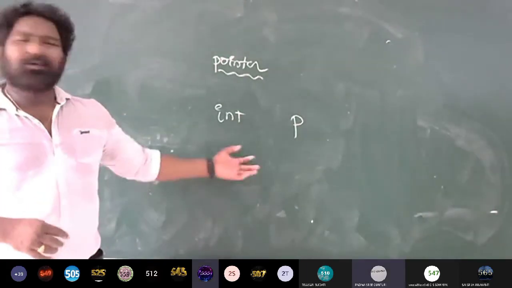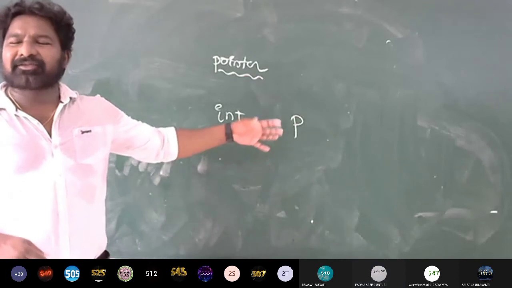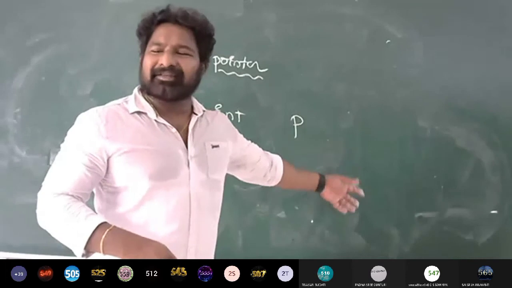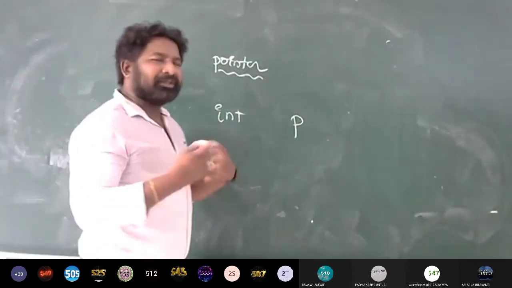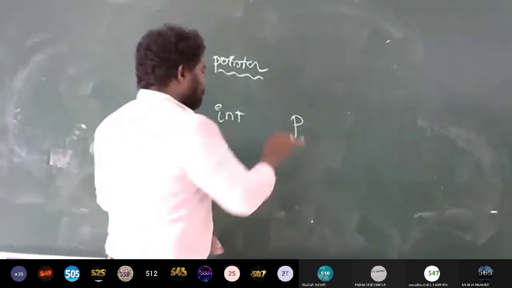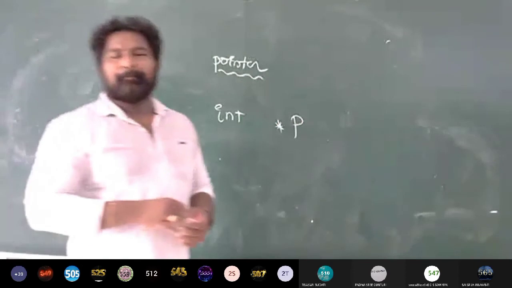Normal variable, sir. It's a normal variable. Okay. What is this capacity? It can store only values, data. It can't store addresses, right? If I want to give that power to this variable, like for getting and storing addresses, I should write it as star p, right?